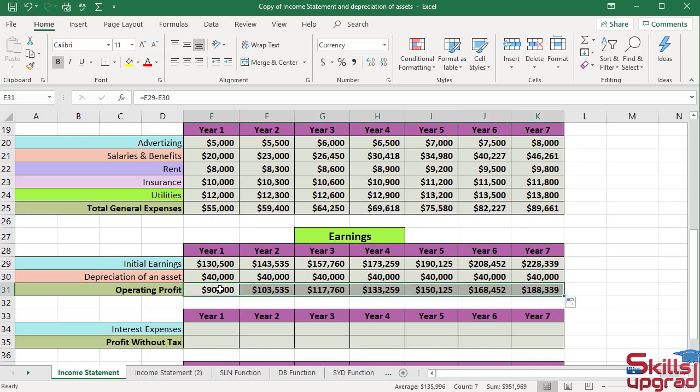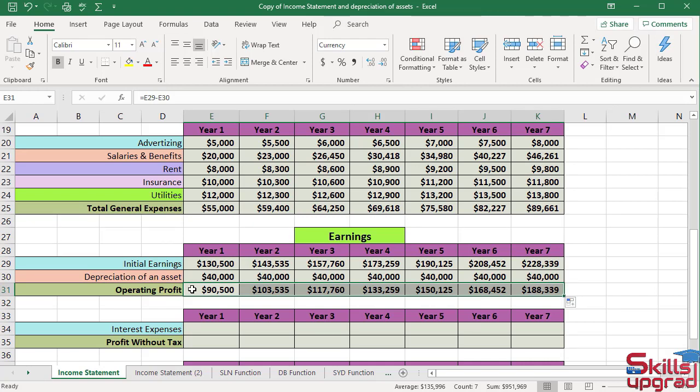This is the projected operating profit of the company for the first 7 years, and this profit is calculated after the depreciation of the company assets. You can see after including the depreciation in the earnings section, the operating profit of the company increases from year 1 to year 7. The operating profit for the first year is